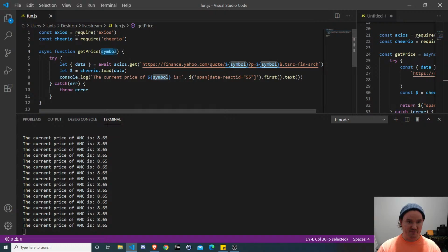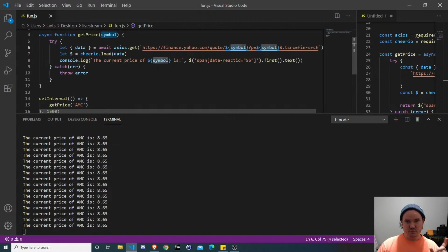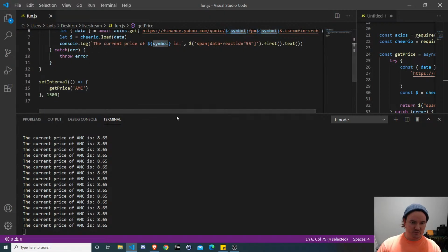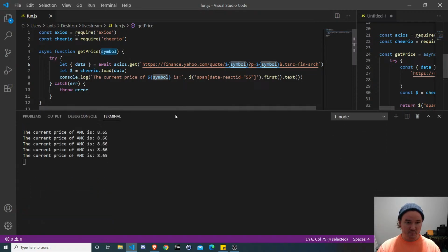In that case, you don't even have to put it here, and these should pull from that global variable. Not my favorite thing to do. I think giving the function the ability to take in an argument makes a lot more sense. So we'll just go ahead and stick with this. So this is 16 lines of code. You could even do a couple little things here and there to make it shorter. So really simple, right, to be able to do what we're doing here, but powerful, right?